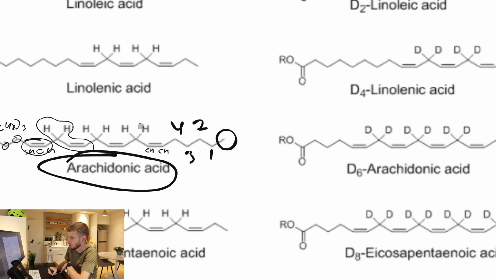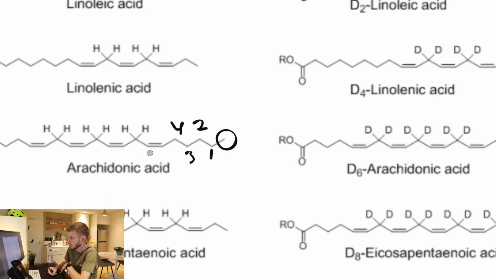It comes down to the number of bonds that carbon can have, which is a key thing in organic chemistry, and that is it can only ever have 4 bonds. In fact, it should have 4 bonds. So if we look at this carbon here, it's already got 1, 2, 3, so it's only got 1 more